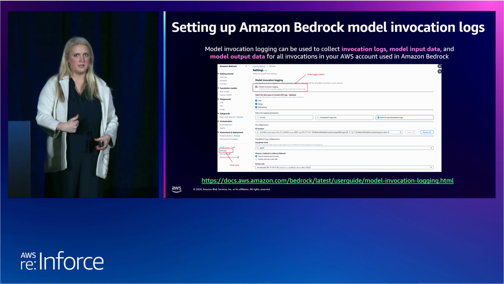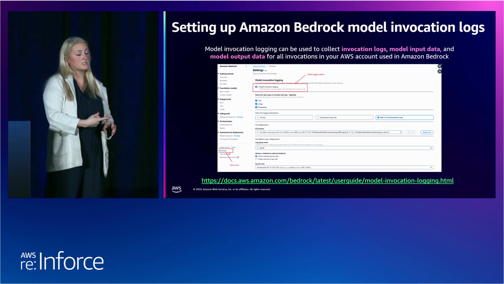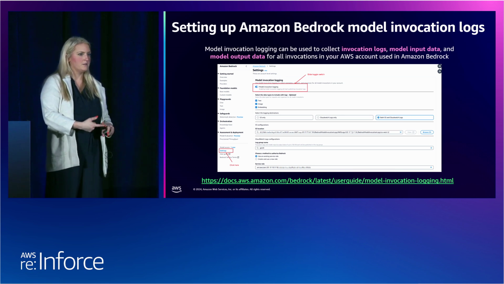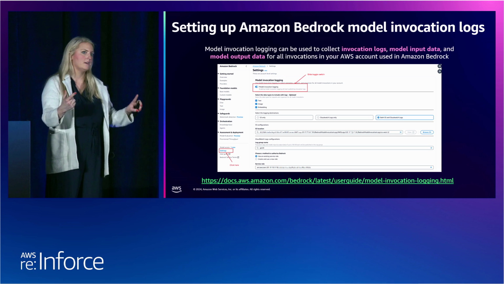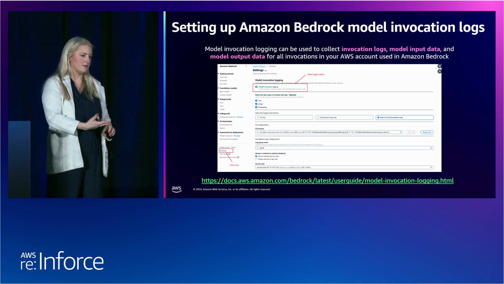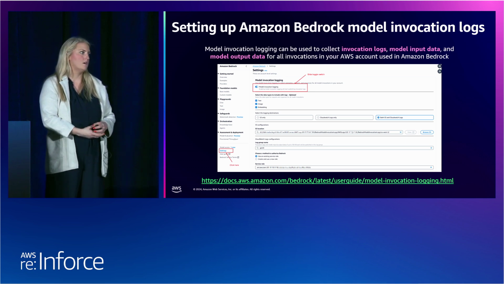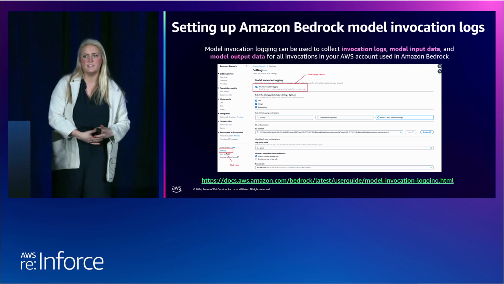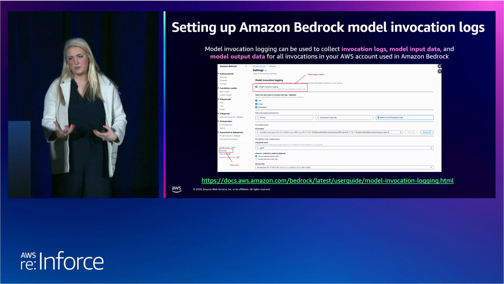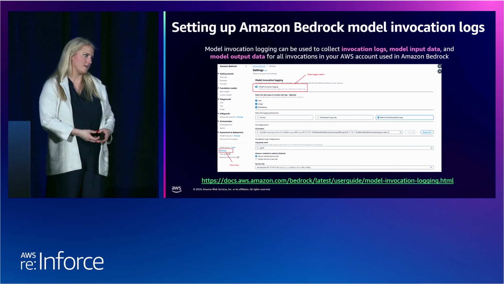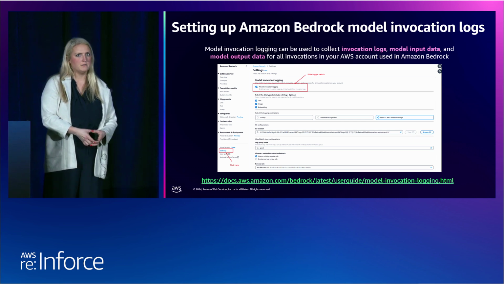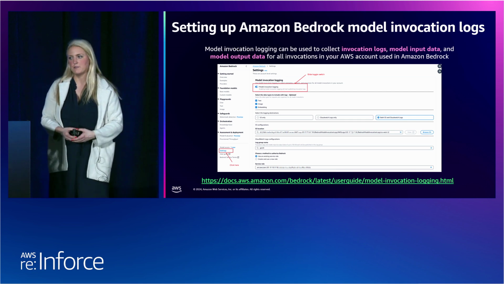So I'll dive in a bit, but one other thing I want to highlight here is these are not on by default. It's something that you would have to enable. And then you have two options, well, three really: S3, CloudWatch, or both. So usually I would recommend for this type of log source to go to S3, and that's for cost reasons, because if you are using Bedrock and using it extensively, these may be a lot of logs to look at. So I would recommend S3 if I were you guys.